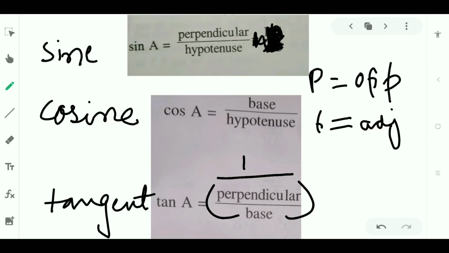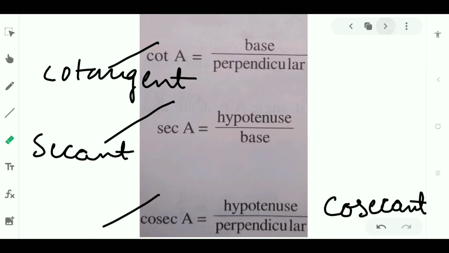This is what the statement actually meant. Okay, and 1 by perpendicular by base is nothing but base by perpendicular, which is the result of cotangent. And cosec is also the same as sine reciprocal, and secant is also the same as the cosine reciprocal. Okay,